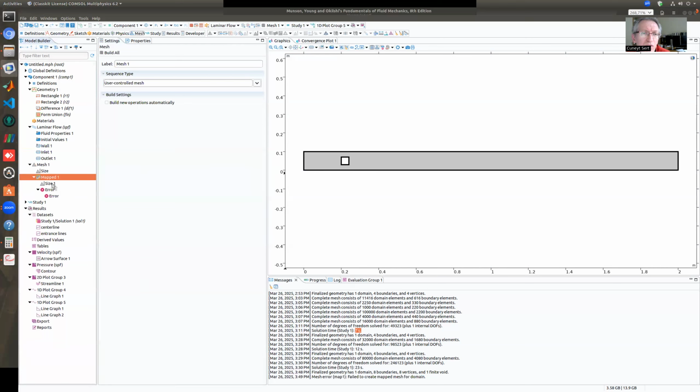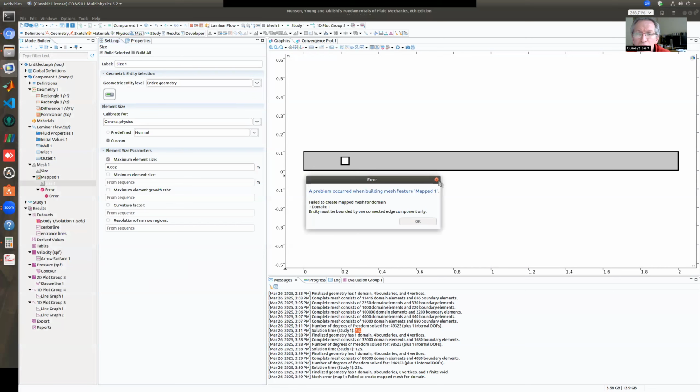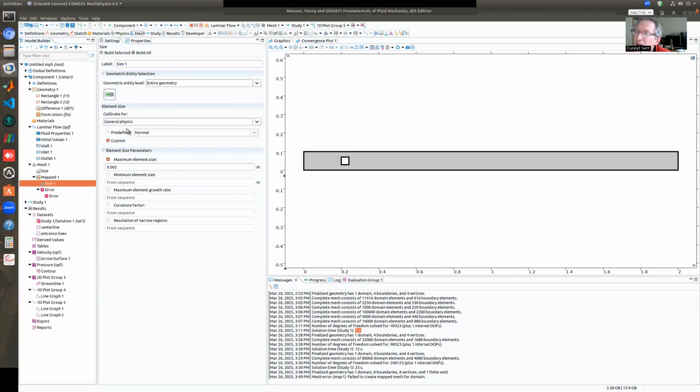Maybe it is because of the sizing that I am providing. Let me change that size and see whether it will work. Maybe smaller. Nope, it is not. It is possible to make it work and create a mapped mesh, but I have to arrange these things properly.